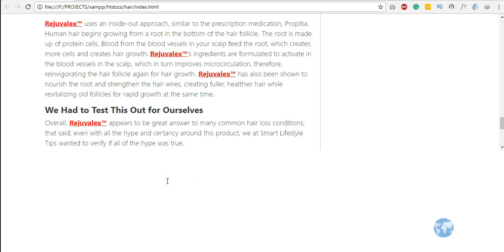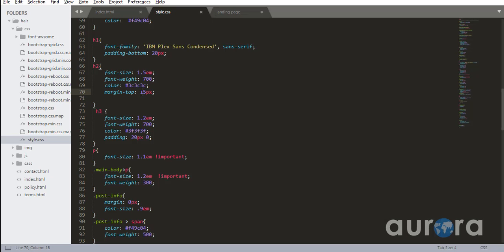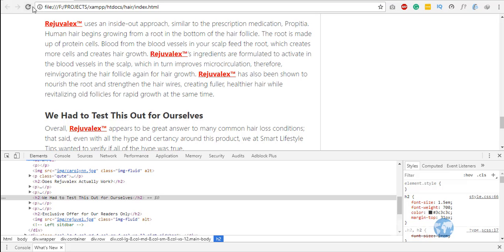Oh, I don't think so. Okay, now we put this to 30 pixel, and our site is looking great right now, and we have done